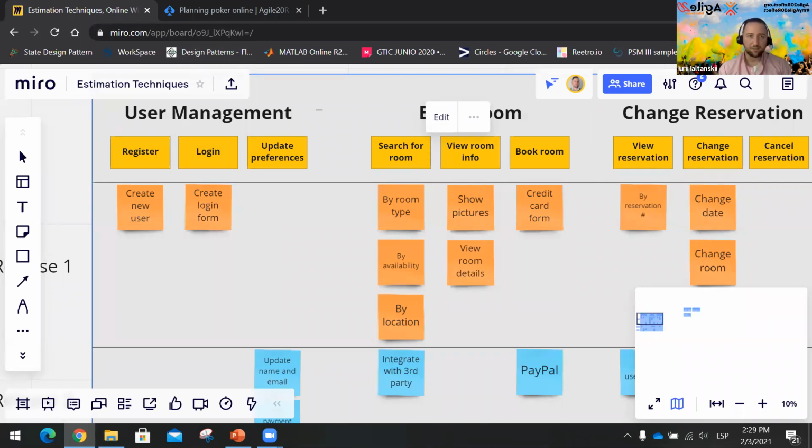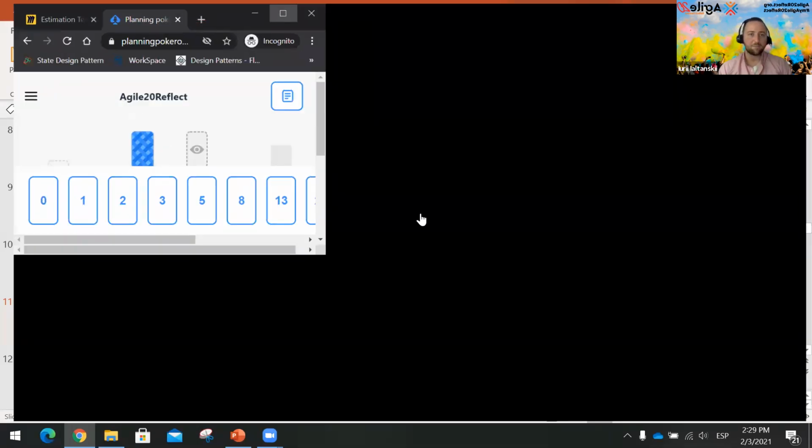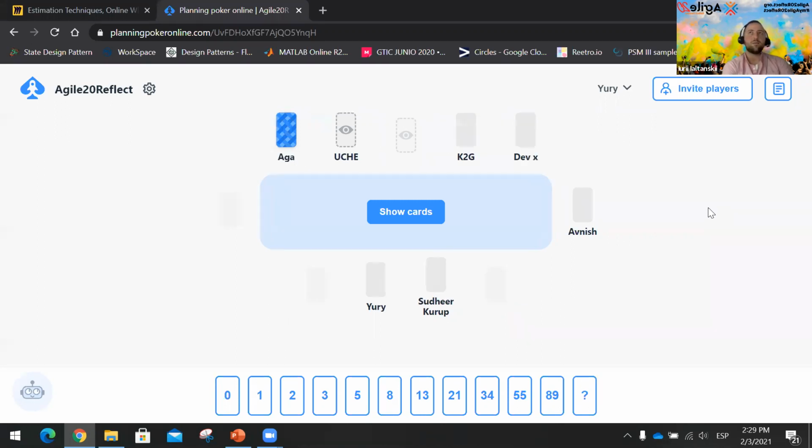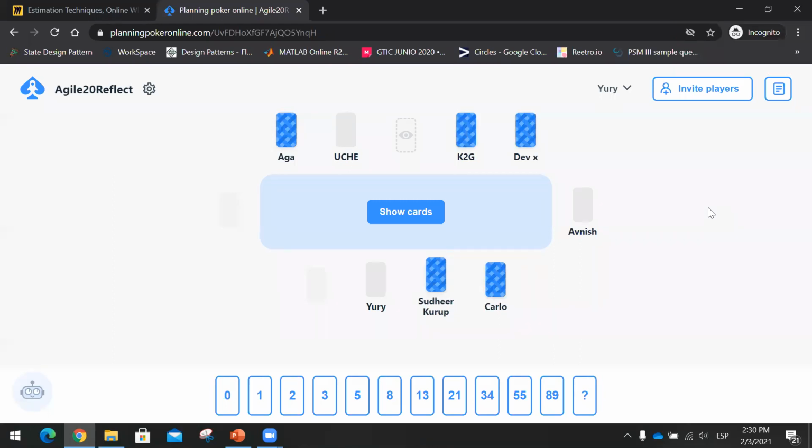in the session of this planning poker online, can you tell me what would be the complications? It doesn't matter if you don't have a developer or technical background. Just imagine, let's do it quickly. Okay, login form, what would be the complications? How much time would it take to complete this piece of functionality, let's say? A 5. Okay, why is that?